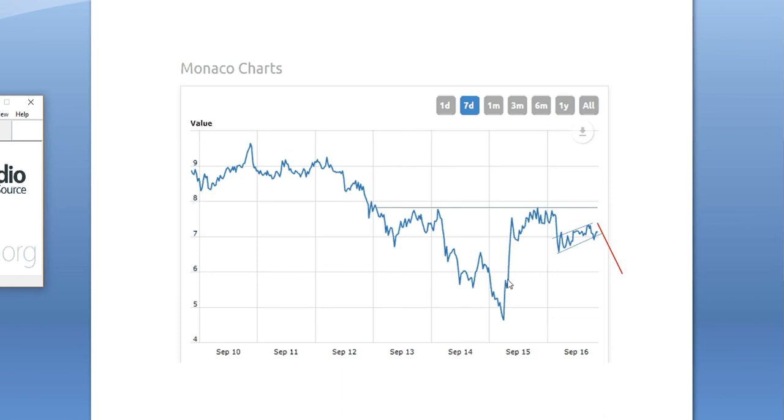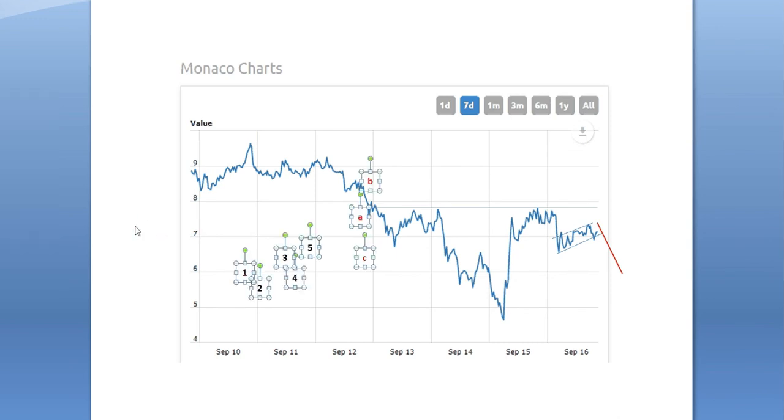So I'm going to do 1, 2, 3, 4, 5. But I don't see another peak here for me to do 1, 2, 3, 4, 5. So 1, 2, 3, 4. I'm going to give this the benefit of the doubt for 5. Okay.